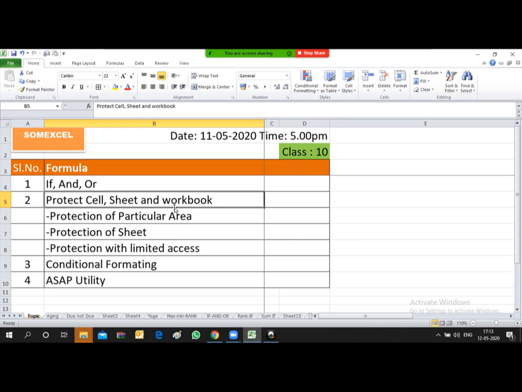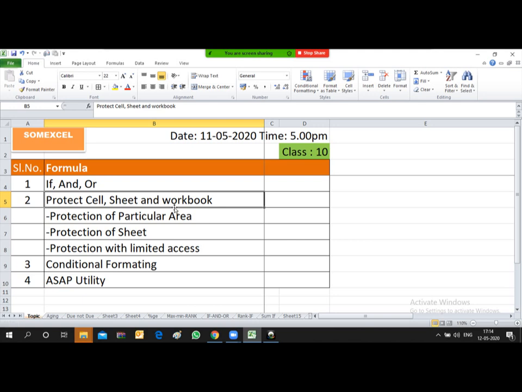Friends, for today's session, we have covered many topics during the past 10 classes. Today we are covering the IF and OR function, the remaining part which we could not finish yesterday, and then we will be covering protecting of cell, sheet and workbook.